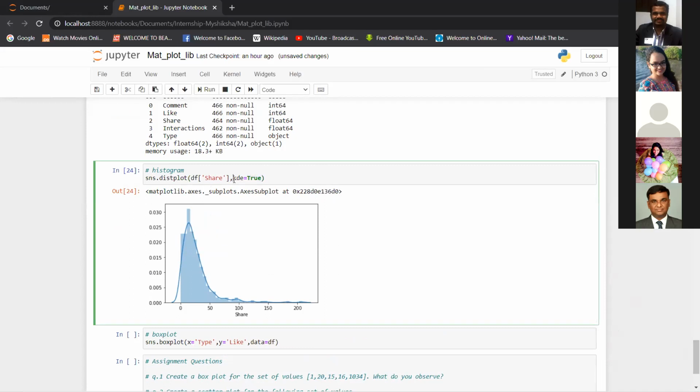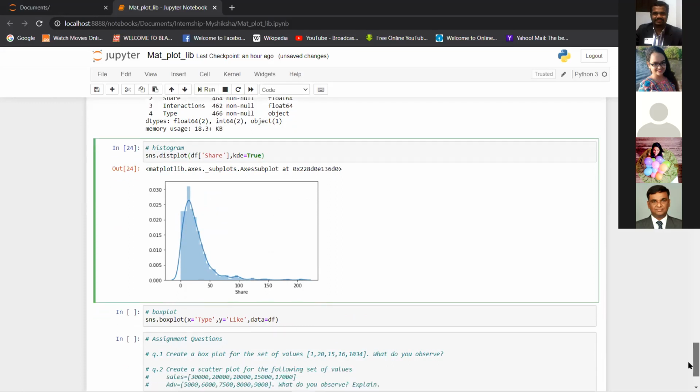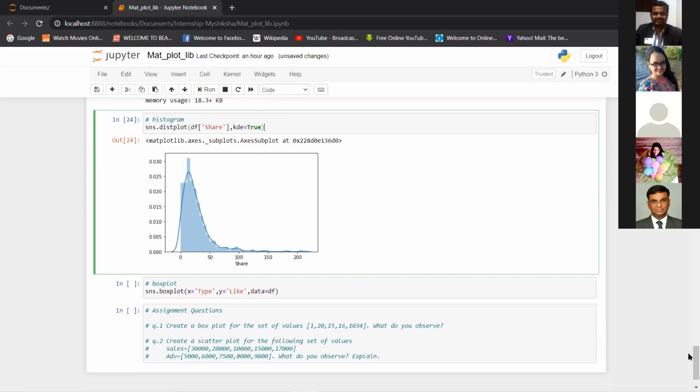But this is how you can see the histogram in the Seaborn library, and you can use your data frame. I'm using my data frame column here. Okay. You might see that if I use KDE equal to True, my scale is changing, right? So this can sometimes be very confusing.